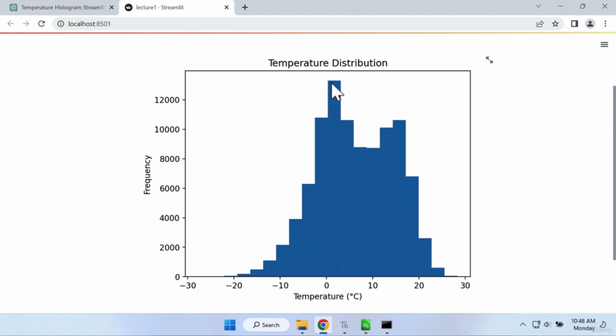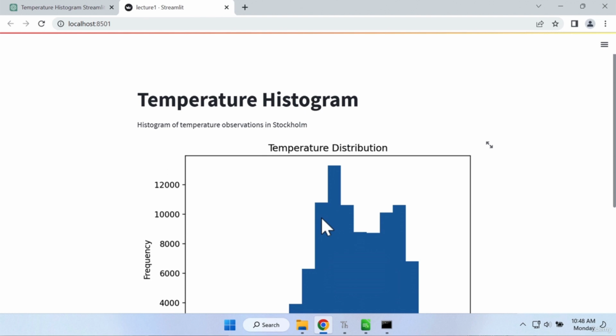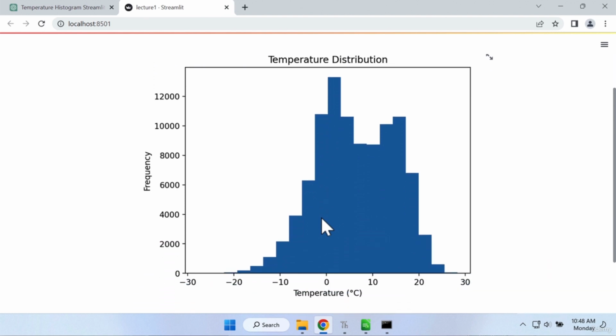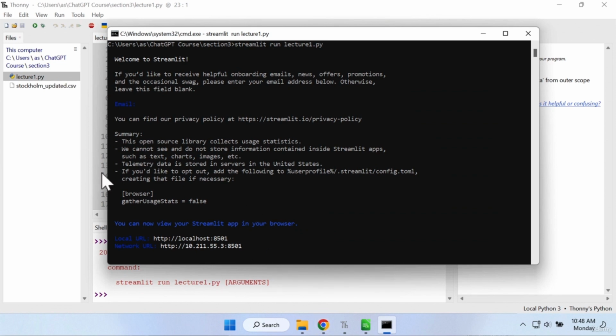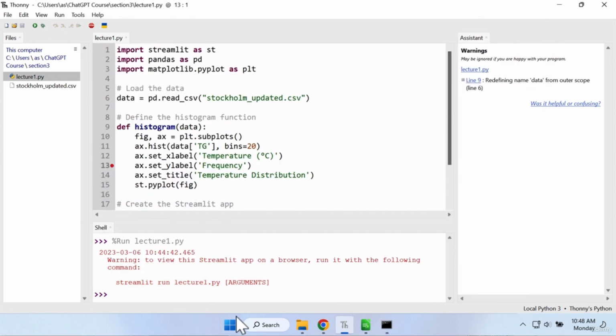And then you can say that the less frequent temperatures are about 25 degrees, and also on the other edge, which is minus 18 degrees Celsius, somewhere in here. So this gives you a good overview of how temperature behaves in this particular city. And then you can ask for more detailed statistics. For example, we can go to